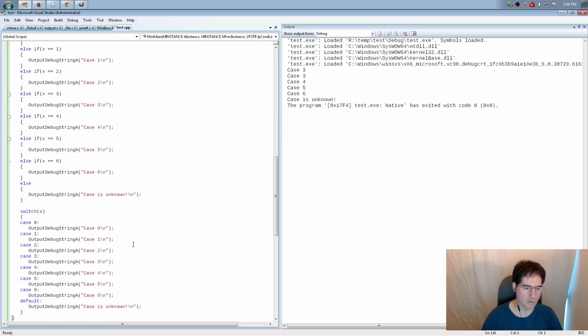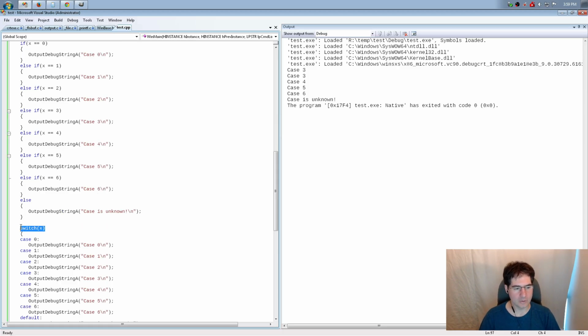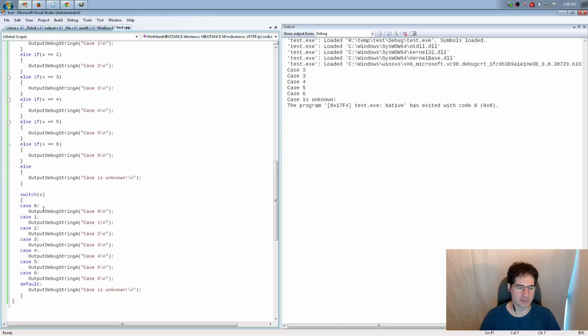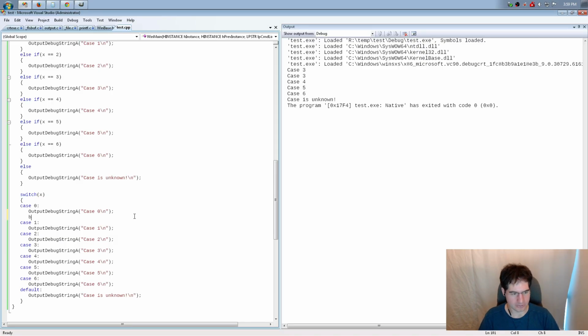What's going on? Well, the answer is, like I said, switch is just a jump. It just jumps to the case that it was supposed to do. It doesn't stop executing after it does the jump, so it'll just keep on keeping on. So again, you've got this break statement that I was talking about that exits loops.